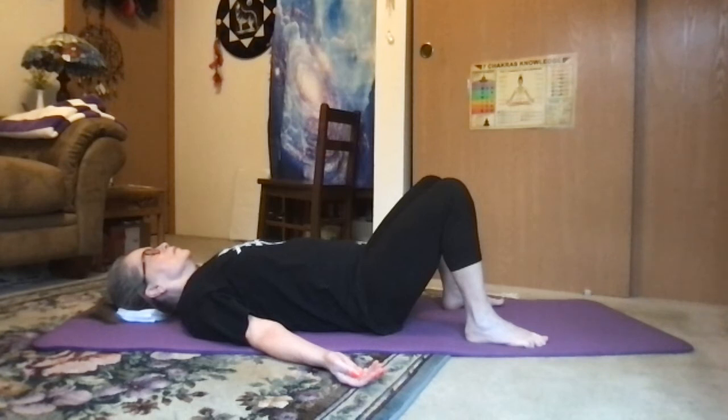Bring your awareness to the center of your eyebrows, center of your throat, right shoulder, elbow, wrist, right thumb, second finger, third finger, fourth finger, fifth finger, right wrist, elbow, shoulder, center of your throat, left shoulder, elbow, wrist, left thumb, second finger, third finger, fourth finger, fifth finger, left wrist, elbow, shoulder, center of your throat, spiritual heart